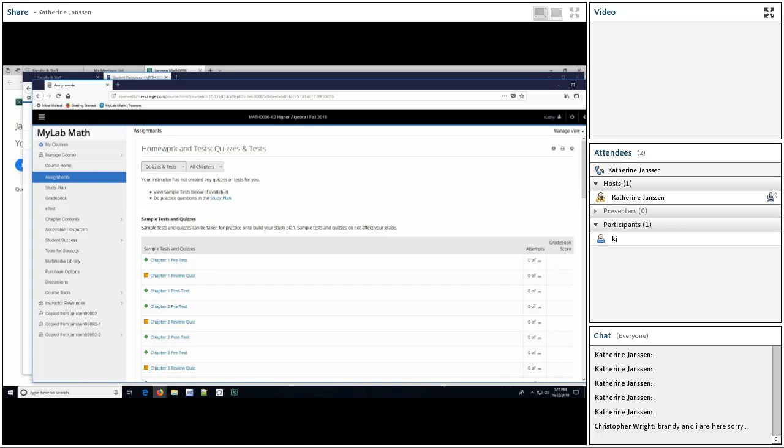The graded assignments populate to homework tests and quizzes. And those will be me. It says your instructor has not created any quizzes or tests for you yet, but they will populate within that area at the top. Your grade book is managed. It's your personal grade book. So again, with your credentials, make certain that you log out every time that you're done with MyMathLab. And we do so right up in the upper right-hand corner area.